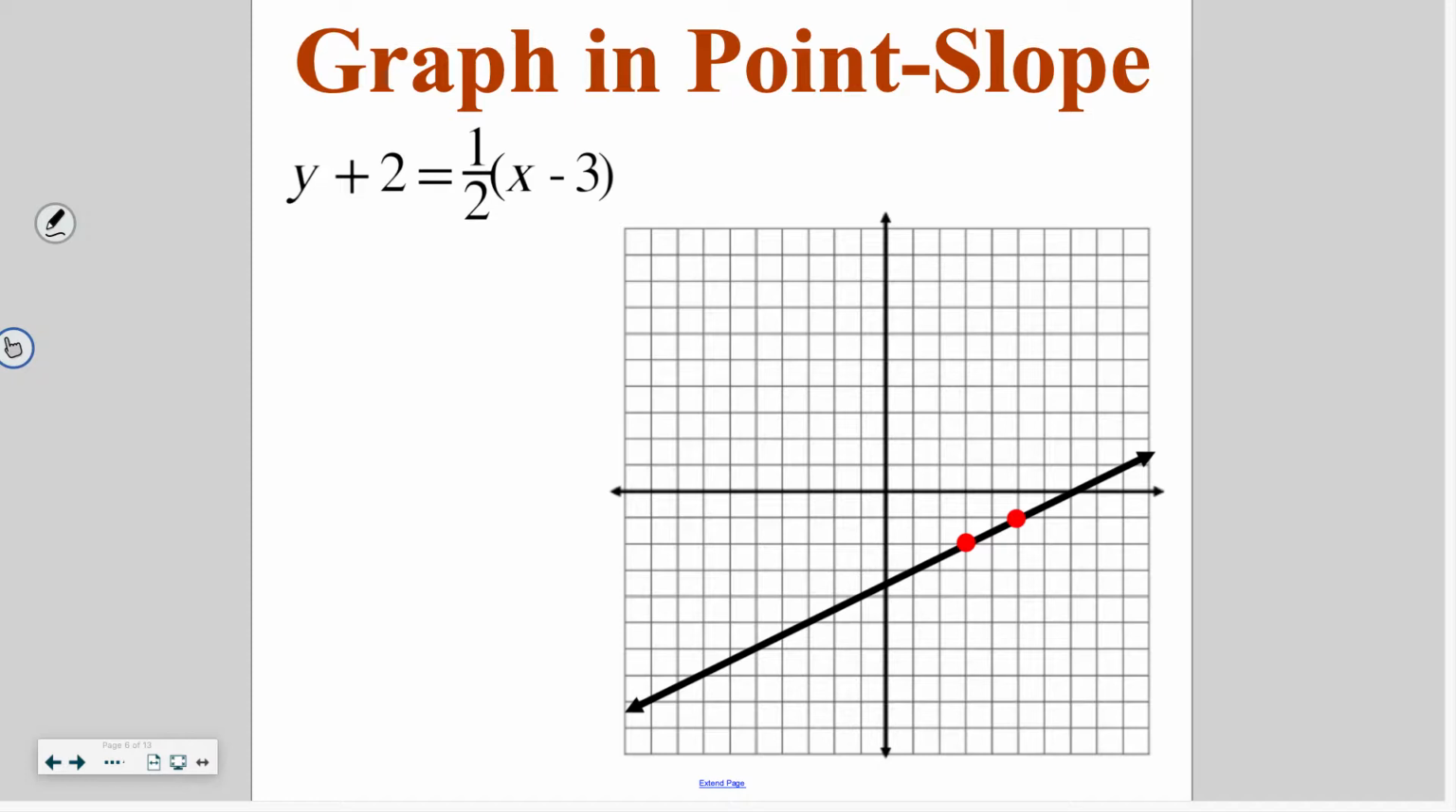As we graph, first we pick out our slope, which is a slope of 1/2, and then we look at our point, and we have minus 3, which gives me a positive 3 for x, and the plus 2 gives me the negative 2 for y. So we've got our point 3, negative 2, and then we go up 1 and over 2 for that 1/2